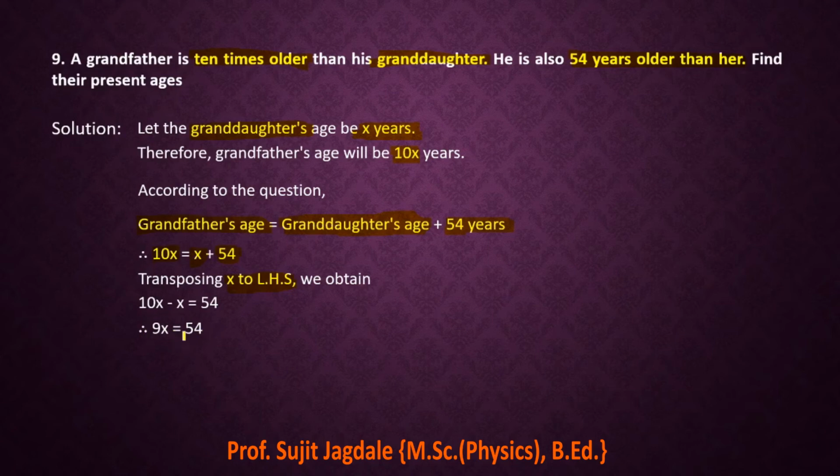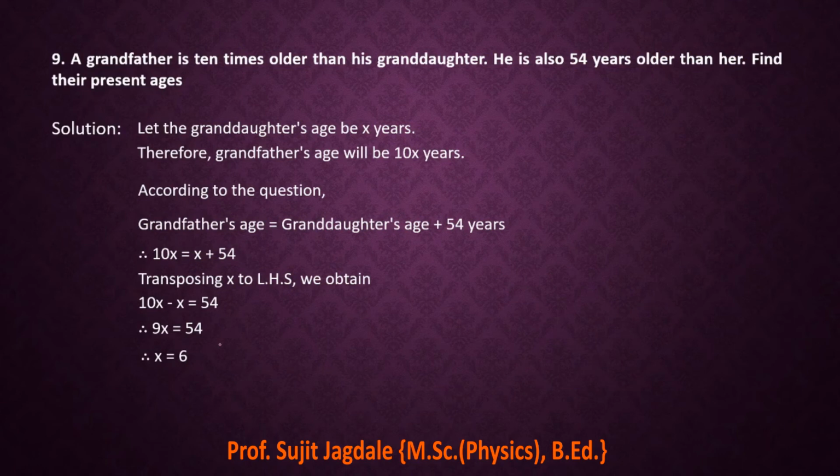So here we have to find out the value of x. So that's why we are going to divide by 9. Divide by 9, then we are getting this condition like this: 9x divided by 9, which is equal to 54 divided by 9. And we know that 9 is going to cancel, and 9 6s are 54. So therefore x is equal to 6 is the final value.